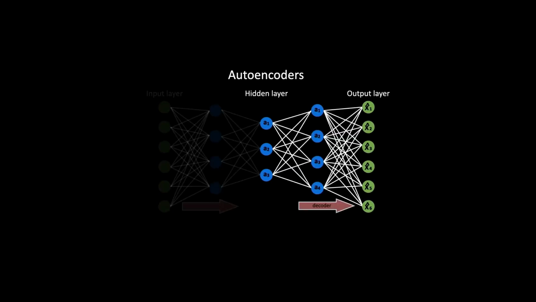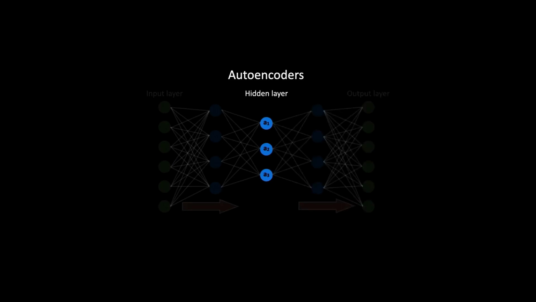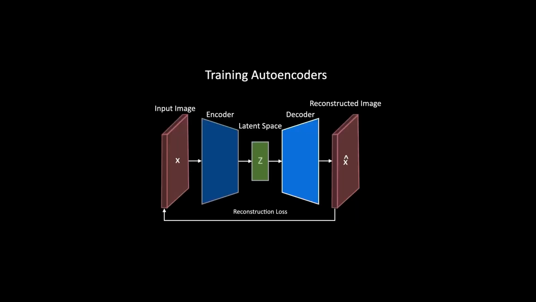That latent space representation is then fed into the decoder, and you can see that the decoder is very symmetric and has the same structure as the encoder, but of course, it progressively increases the dimensionality of the compressed representation until the original input is reconstructed. The dimensionality of this hidden layer in the autoencoder is equal to the dimensionality of the compressed representation that the encoder produces. Just as an example, let's say you were training autoencoders to reconstruct images. At the input you'd feed